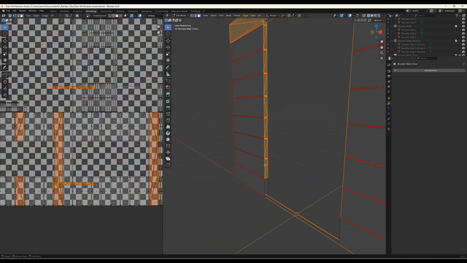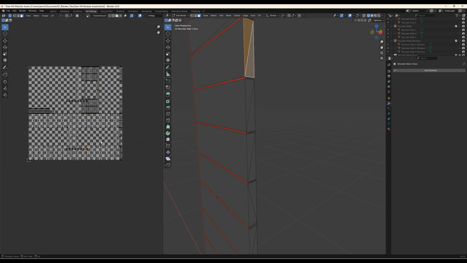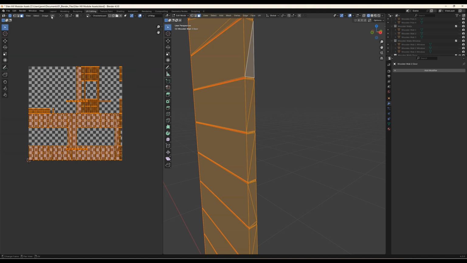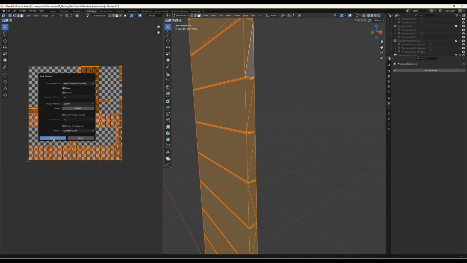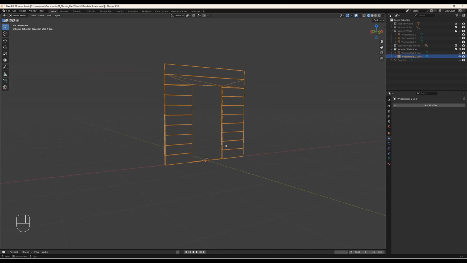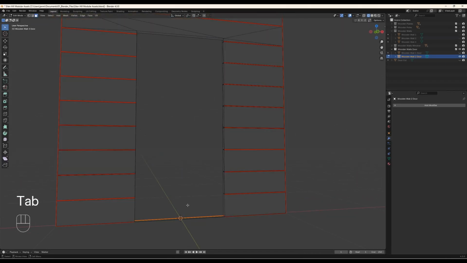So for example, if we click on this one here and this, yeah, this is perfectly fine. So now we can just select everything by pressing A, UV, and then pack islands without the rotation. So now we have that. And then we can get rid of this thing here,